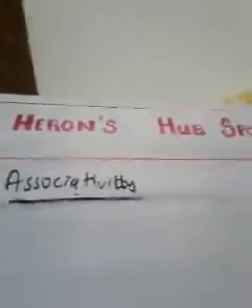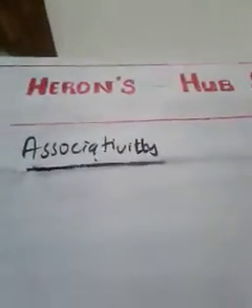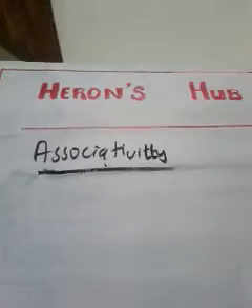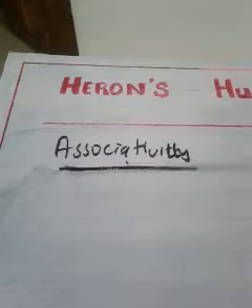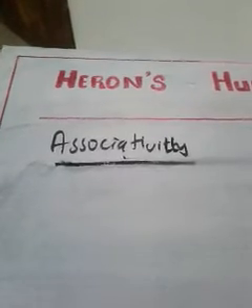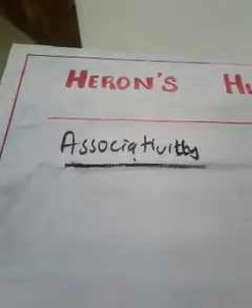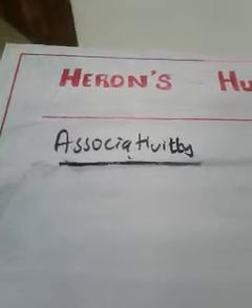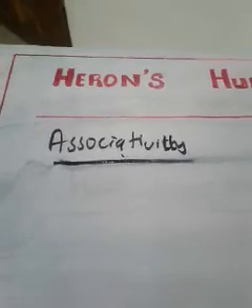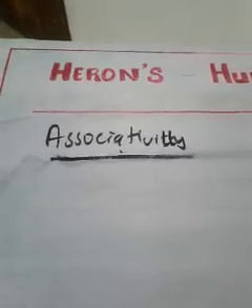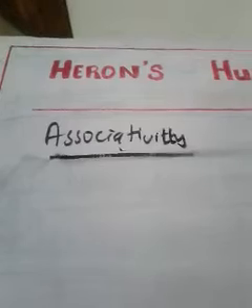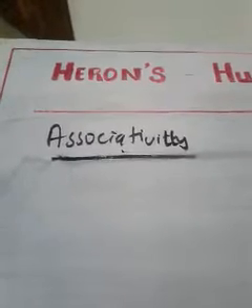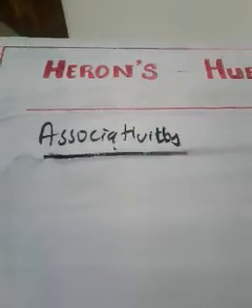So you may have understood how to check associativity in rational numbers. And once you understand how to check associativity in rational numbers, it is very, very simple to check associativity in other sets of numbers like natural numbers, integers and whole numbers. Why? Because rational numbers are a little bit difficult. If you know how to solve in rational numbers, then the remaining are very simple.